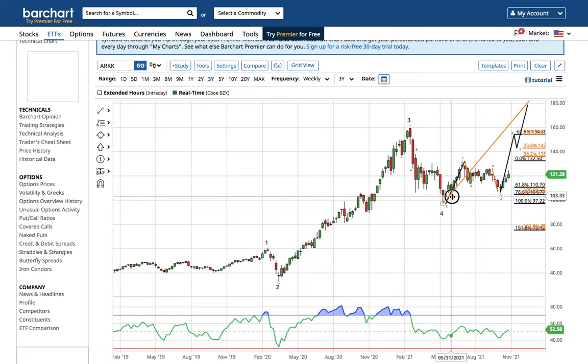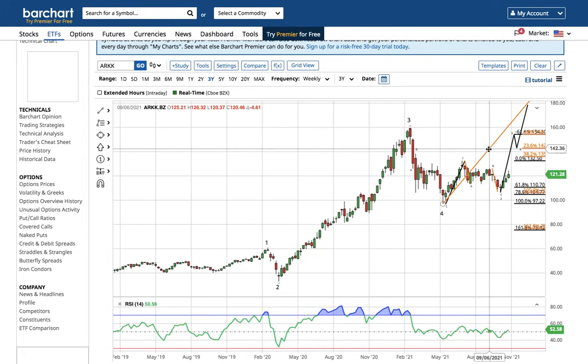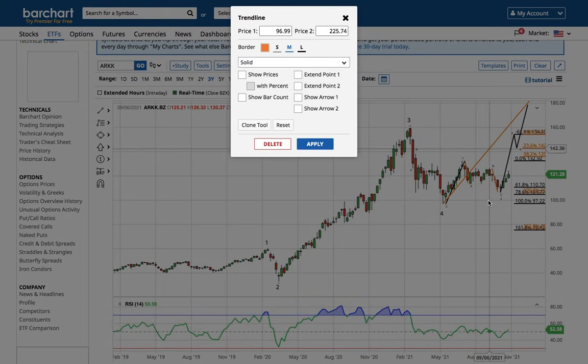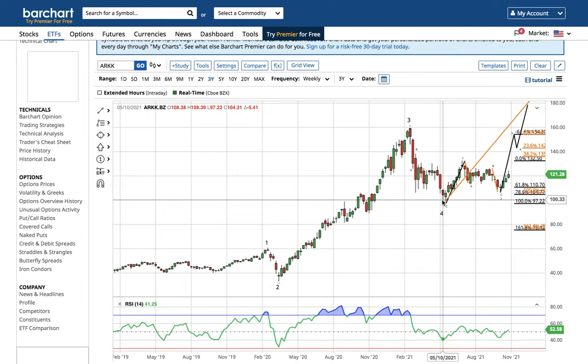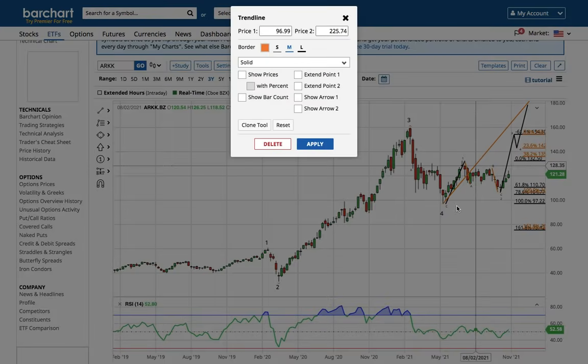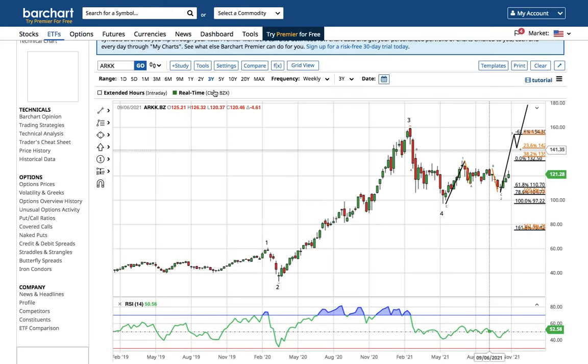And we could see, while the solar ETF TAN is going to 170 potentially in 2022, that the ARK ETF goes the length of wave 3 placed at the wave 4 low, and it replicates its 2020 rally and goes on a wave 5 higher to 225. And I think that's the main point for Tesla bulls to think about in the bigger picture.